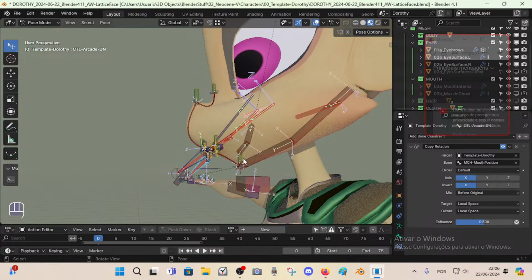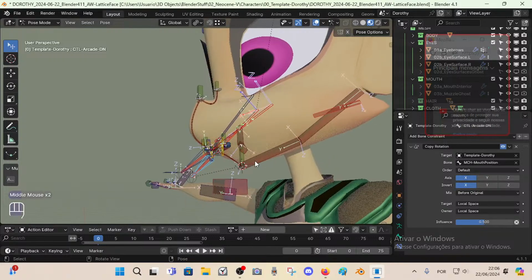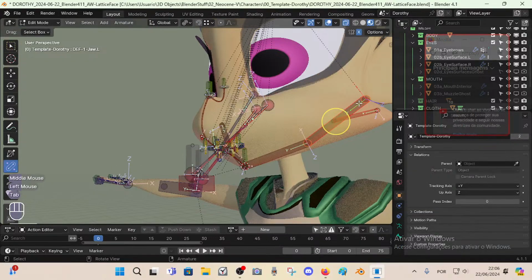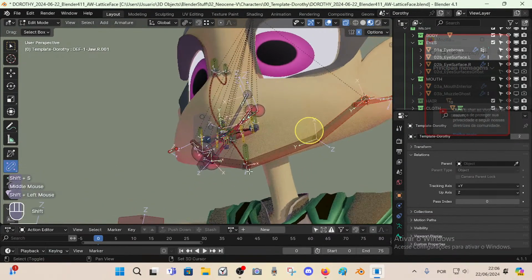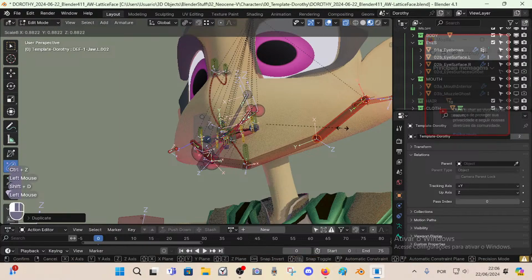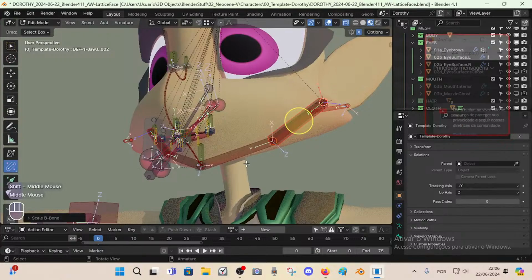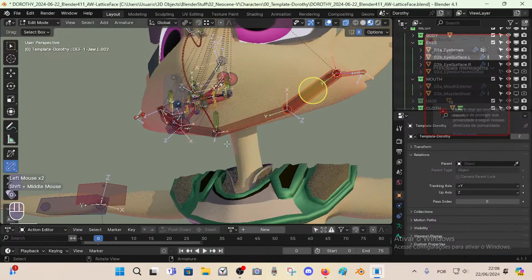How do I, yeah, I could make a mechanism bone, right? So here I've already started to complicate this stuff. So let's duplicate this, turn it larger maybe, then get this to